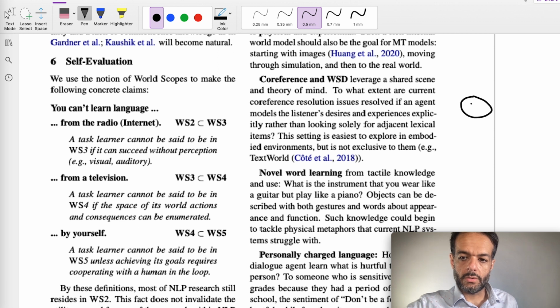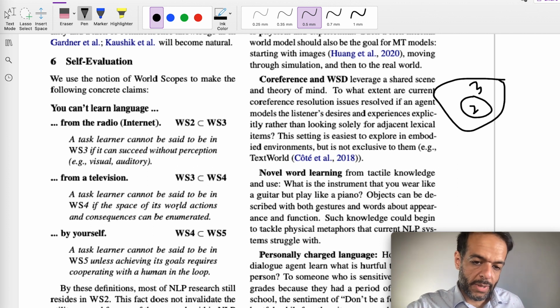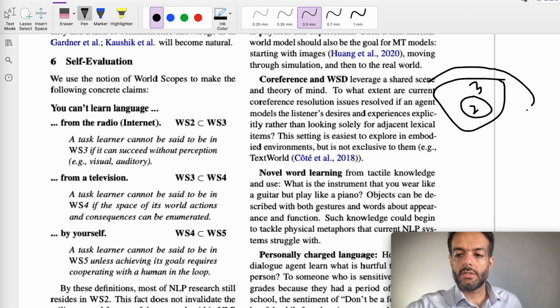So this is 2. It is a part of 3. So you can't learn language from the radio, which is only, let's say, language that you hear from the radio. Television is better. So television is multimodal. That's World Scope 3. But you still can't learn language only from the multimodal world. You need to be in a space with actions and consequences that can be enumerated. So that's World Scope 4,